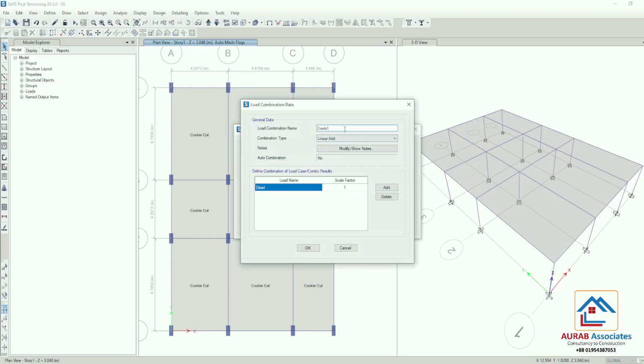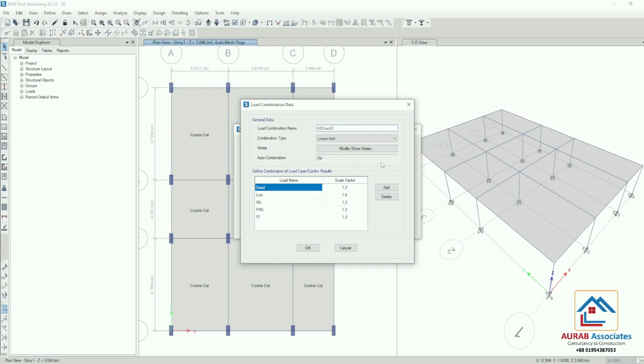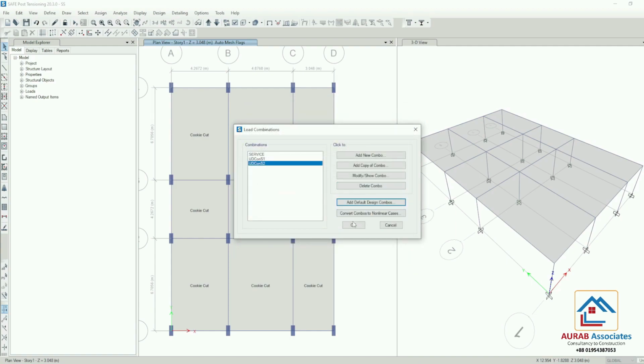Here we will define another load combination, which is a service load combination: dead, wall load, partition wall load, floor finish and live load. Okay, this is the service load combination. Click on OK, and this will be our desired load combinations for the final design of the slab, UDCON S2.